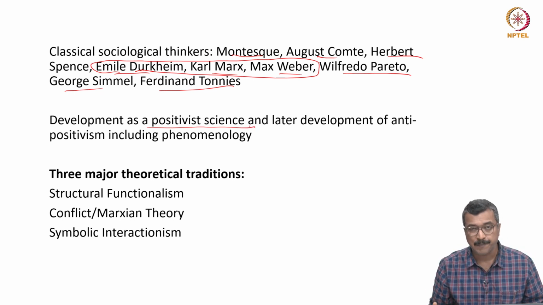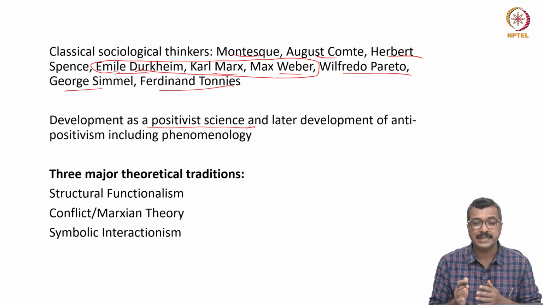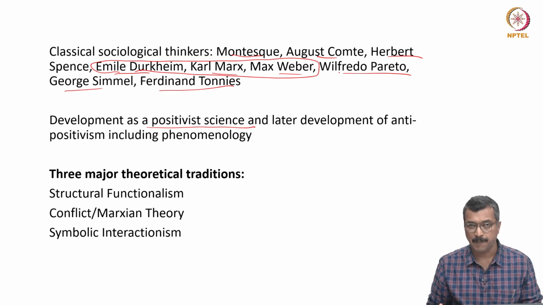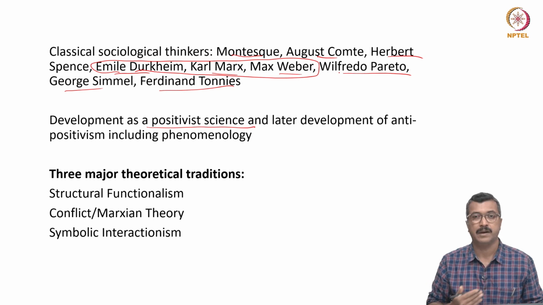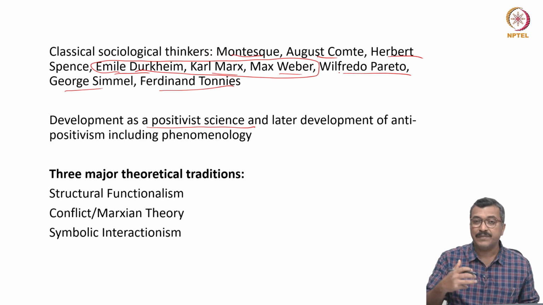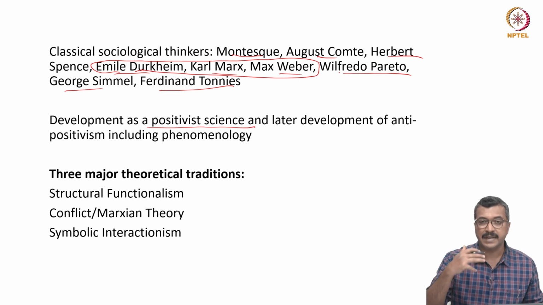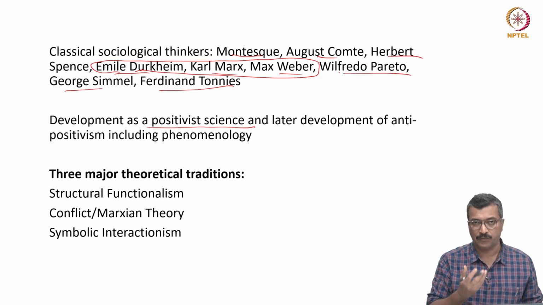So what is positivism? Positivism is an orientation that is modeled after the natural science. The people, especially Auguste Comte, believed that sociology must be science. In his scheme of things, he believed that sociology would be even superior to physics. He initially called sociology social physics, because they believed that the scientific methodology of observation, classification, collection of data, experimentation, validation, these are the basic scientific method. These are the most superior methods of knowledge production.